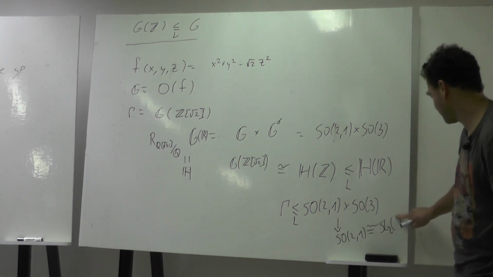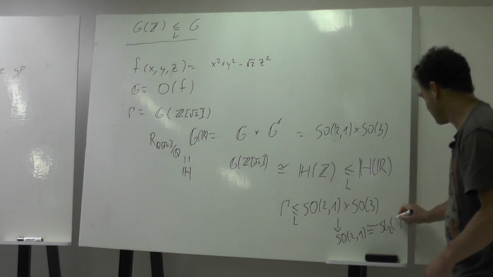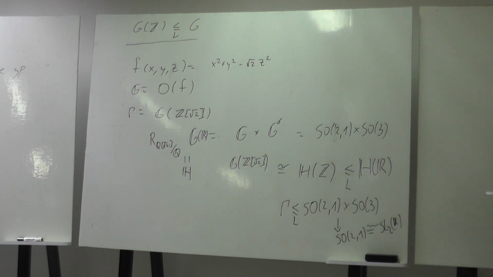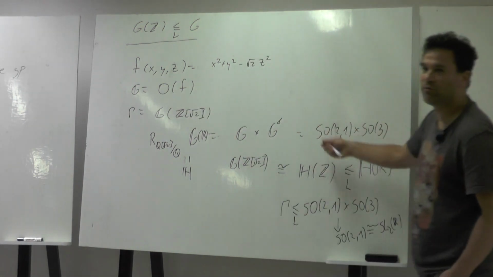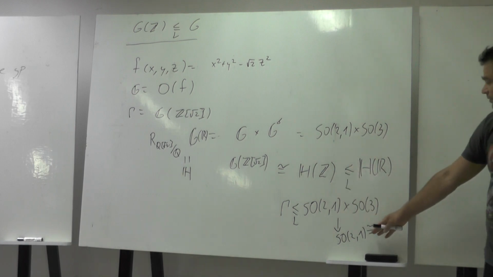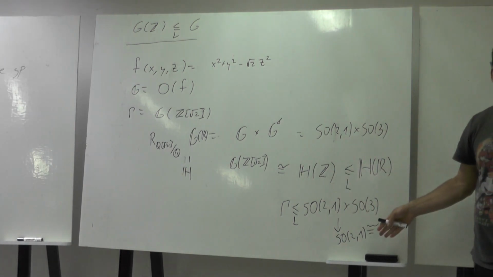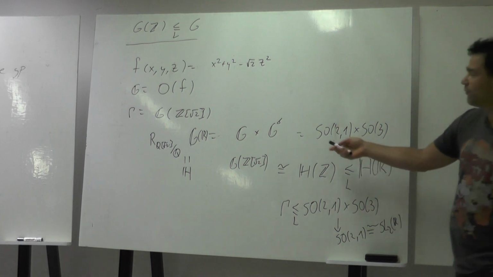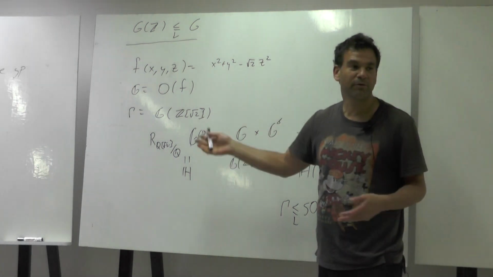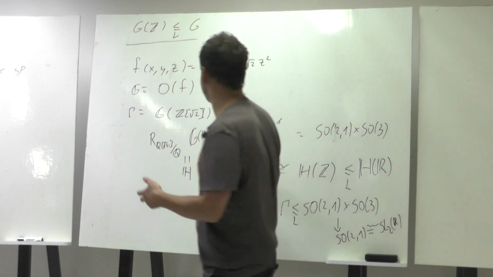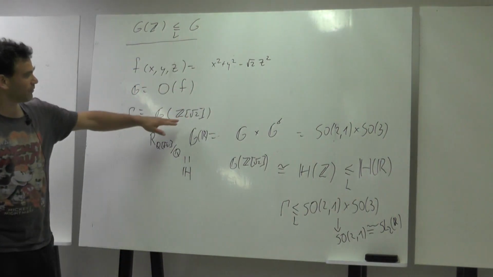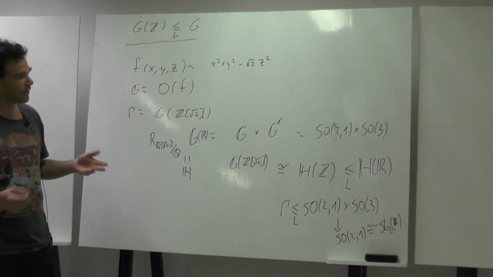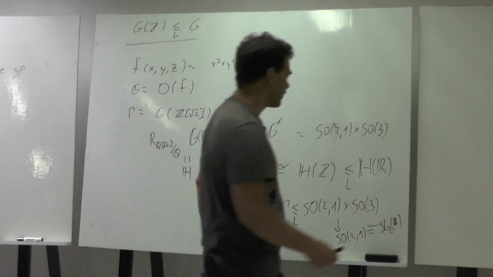SL2(R), yes, right, the two-dimensional hyperbolic space. So you start with the abstract group, you do this, and you realize that it's the fundamental group of a compact hyperbolic surface. So in particular, you know it's a one-relator group. You have a presentation of it. This is up to finite index, because this group will have torsion, but a finite index subgroup is a surface group.